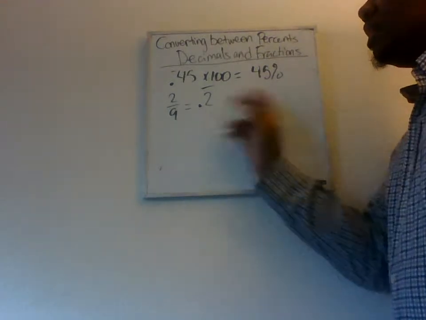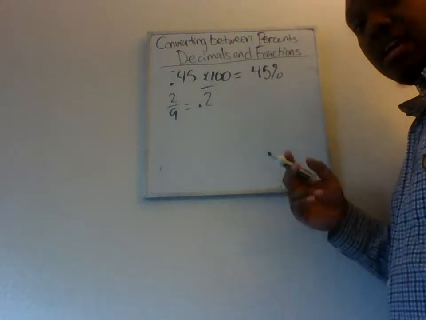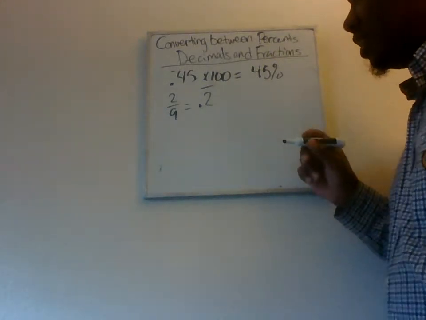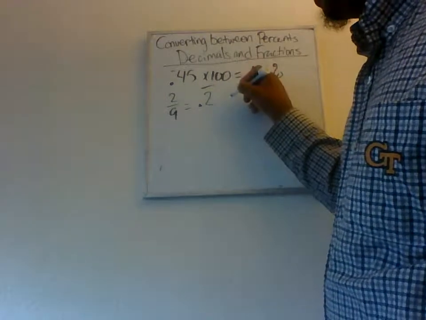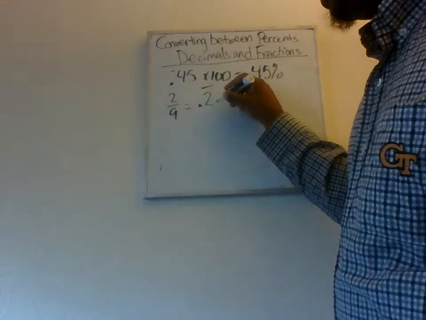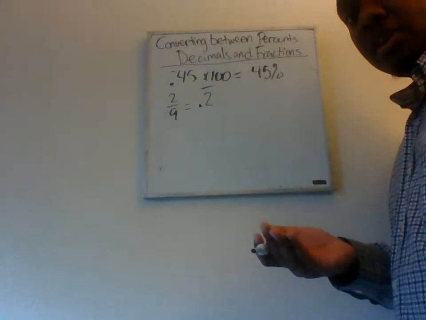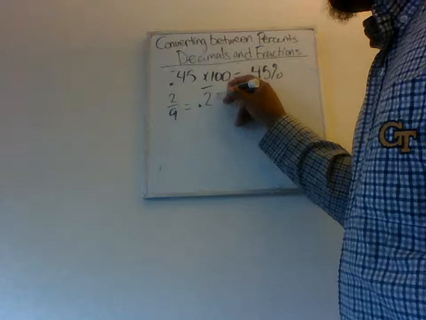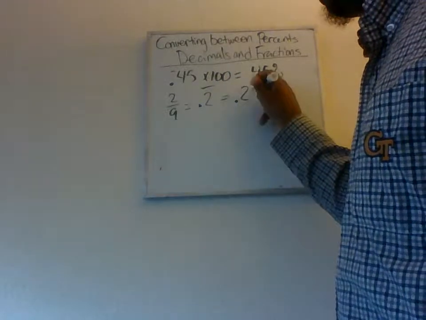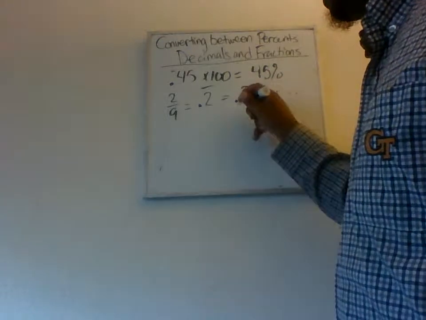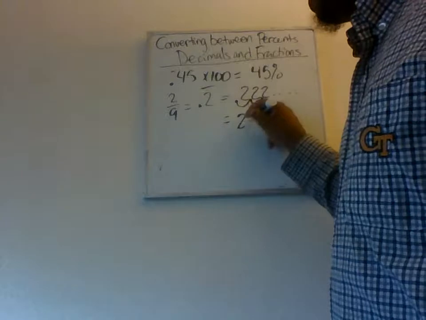So if we had a repeating decimal such as this, and we want to represent this as a percent, well, we can do the same thing. If we multiply times 100, then it would move our decimal over 2 places to the right. We can look at it that way as well. For some people, this might be difficult though, because you don't see any other digits. So a lot of times it's best to go ahead and write this out. So then now you can see how things would change if you move this over. And in this case, we get